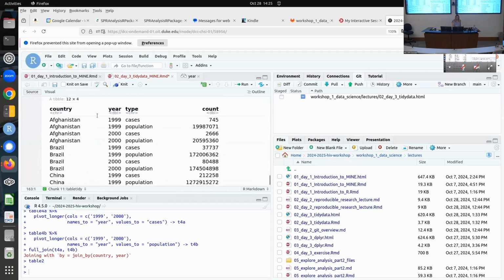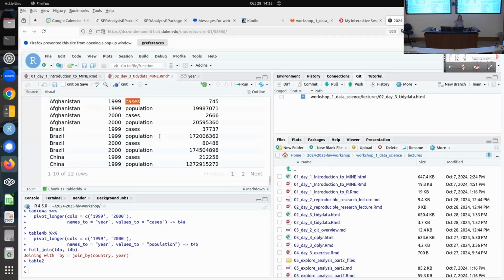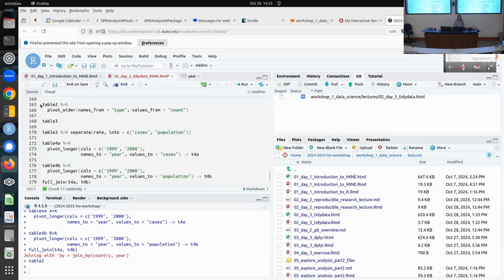So we start here, and it's going to make new columns called cases and population, and this is going to be in one row. So it's going to say cases and put the count, and population and put the count. And so that looks like